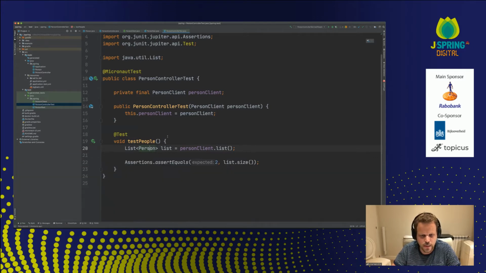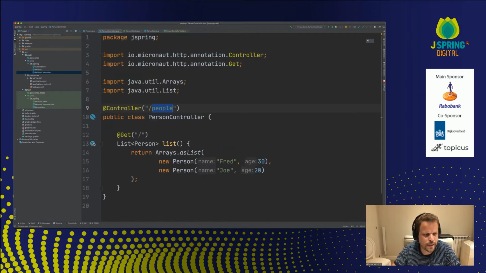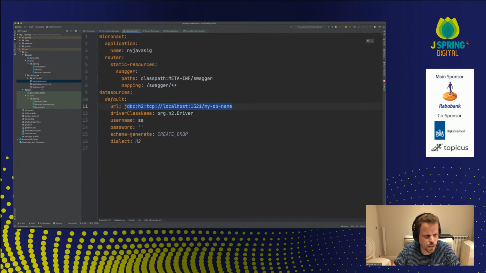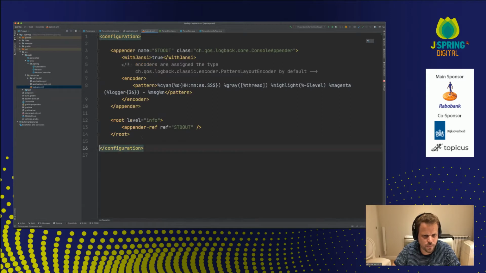Now this is actually a lot going on. It's fully spinning up my server. It's making an HTTP invocation to my controller. And so forth. If you don't believe me, you can come into logback.xml, for example, and I can say logger name equals io.micronaut.http.client level equals trace.